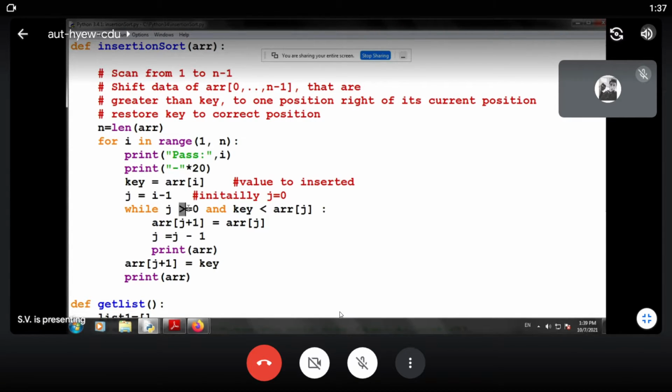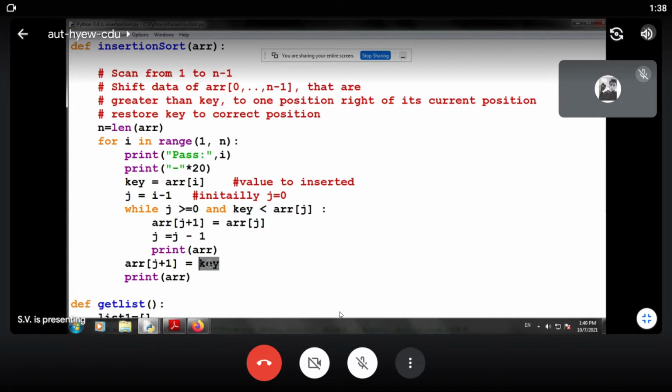If j is in range and the key is less than array of j, we just shift the contents: array of j plus 1 is equal to array of j. That means we have shifted the contents of index 0 to the right, and then we reduce j by 1. We print the array as it is, and after that we assign array of j plus 1 equal to key.